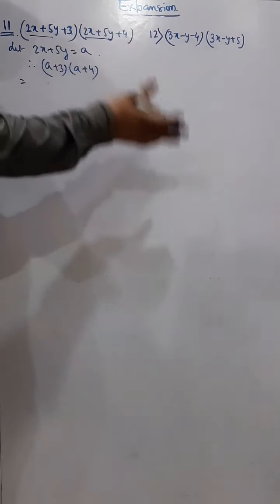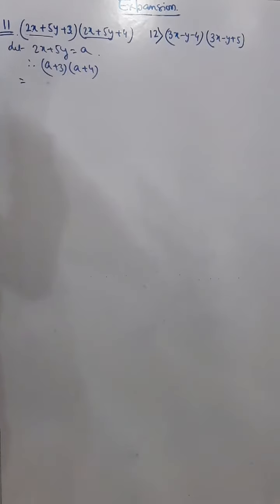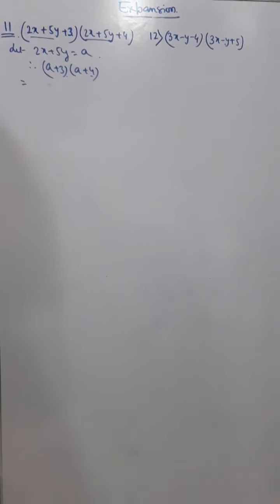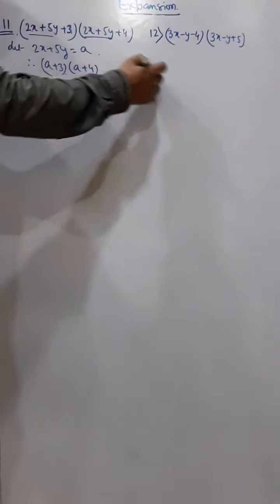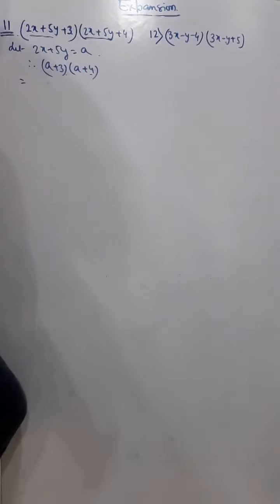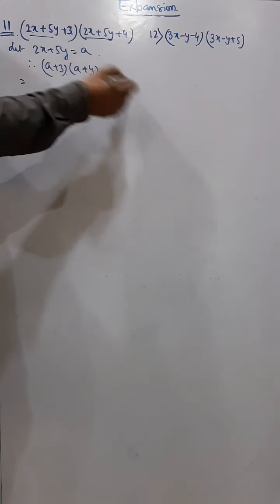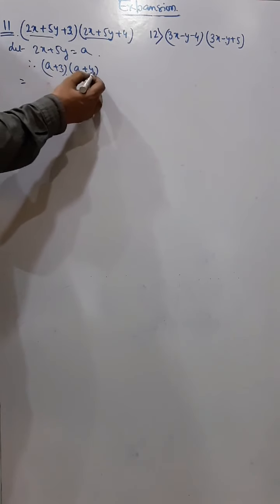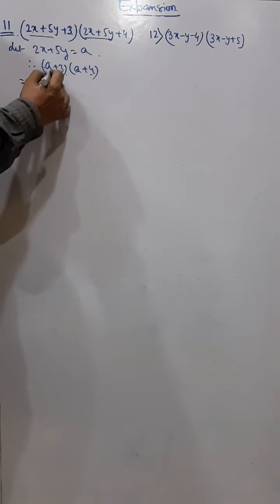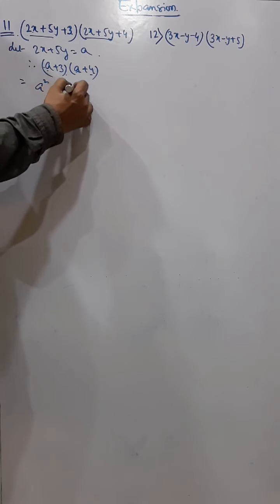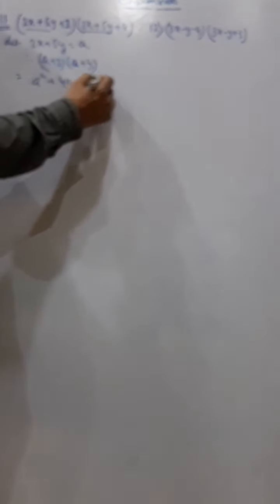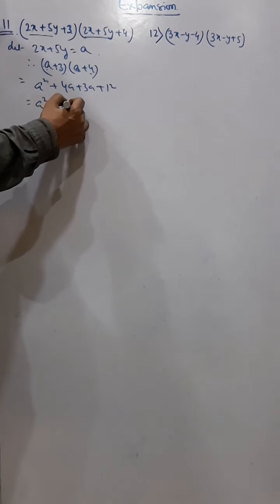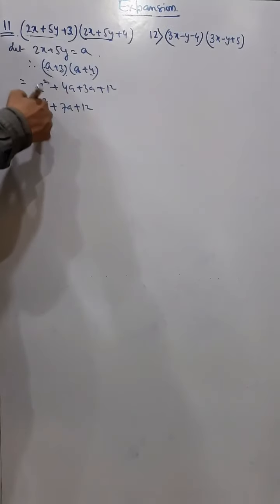And although there is a formula, I just advise my students not to use any formula for this multiplication, because in your life you may find so many multiplications where you can't use formulas. So after this you just simply multiply this. You know how to multiply a with this 2 and this plus 3 with this 2. So what you got, a square plus 4a plus 3a and plus 12. So what we got, a square plus 7a plus 12, and now you put the value.